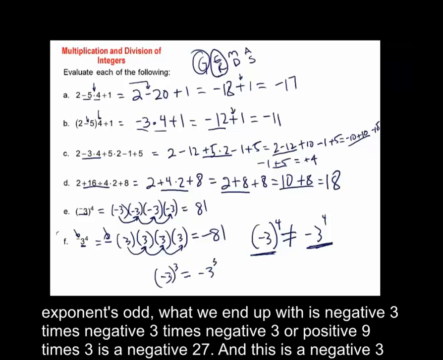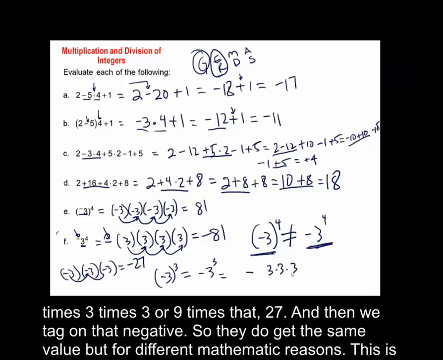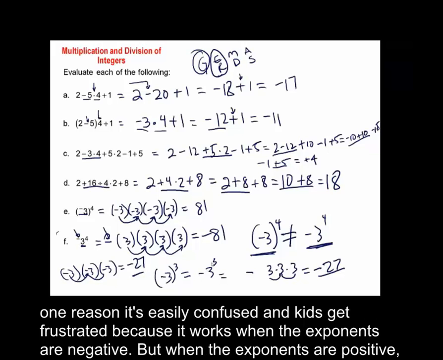So when the exponent is odd, what we end up with is negative 3 times negative 3 times negative 3, or positive 9 times 3 is a negative 27. And this is a negative 3 times 3 times 3, or 9 times that, 27, and then we tag on that negative. So they do get the same value, but for different mathematical reasons, and this is one reason why